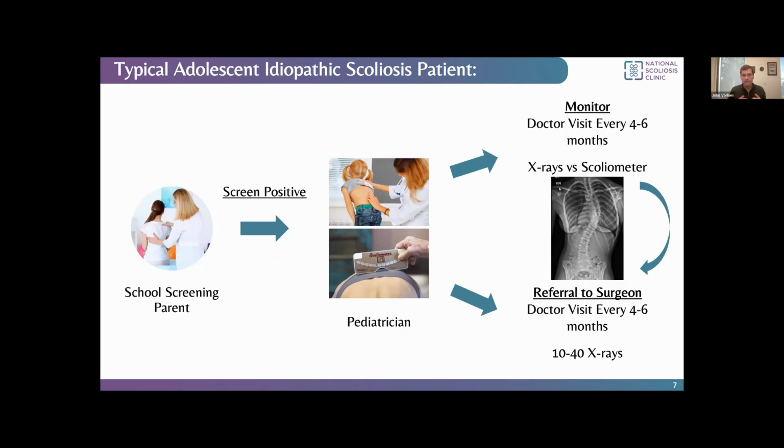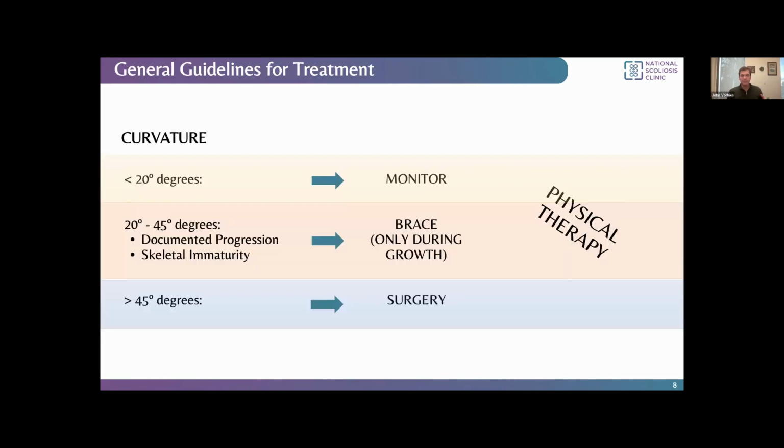And then they might have some criteria to send the patient to me if it's a more severe curve. And then I might follow that patient, determine if they need any treatment or if they need continued observation, which we typically do as a standard of care with x-rays, because that's how most of our treatment paradigms are designed. And so just to give you an idea of how I use the Cobb angle in decision making,